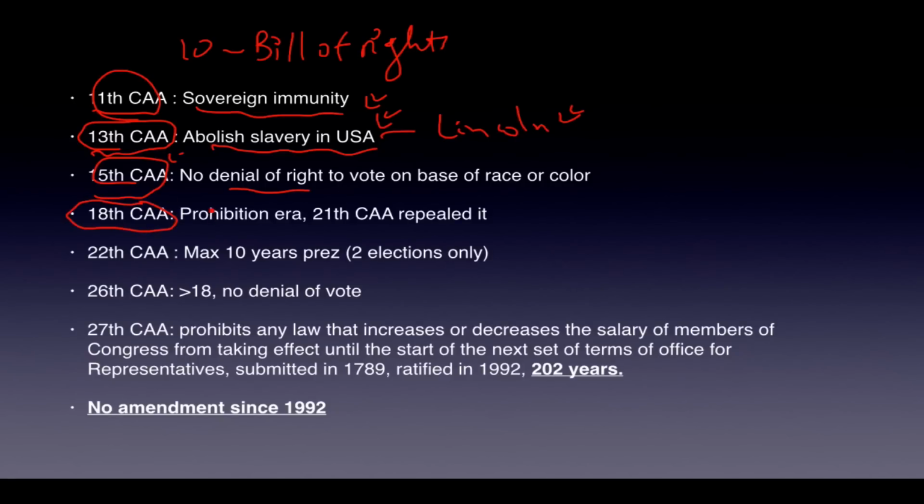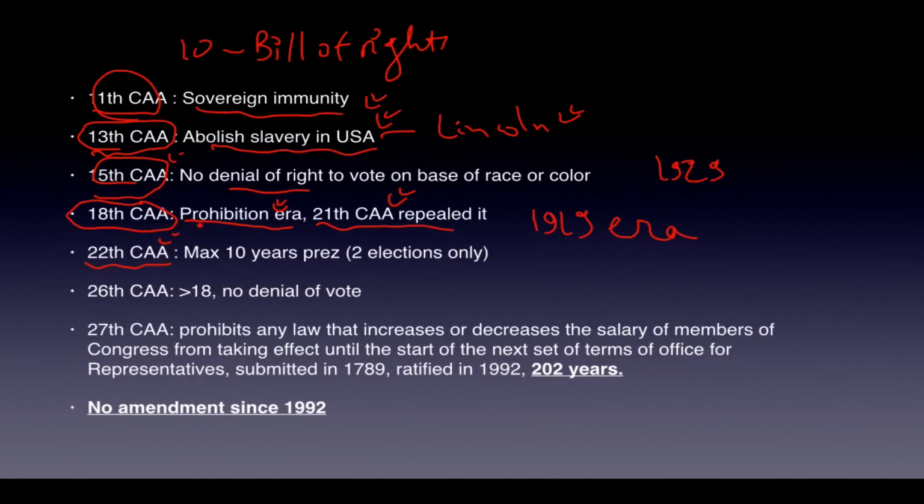Then the 18th Constitutional Amendment Act is one of the most controversial acts of the 1919 era. You must have watched movies like The Great Gatsby and all those Tom Hardy movies, where they deal with how illegal construction of various places occurred to make alcohol and sell it. So organized crime got a push during this era. Also the taxation got reduced, which was needed in the time of the 1929 Great Depression. Anyway, it was repealed after 12-13 years by the 21st Constitutional Amendment Act.